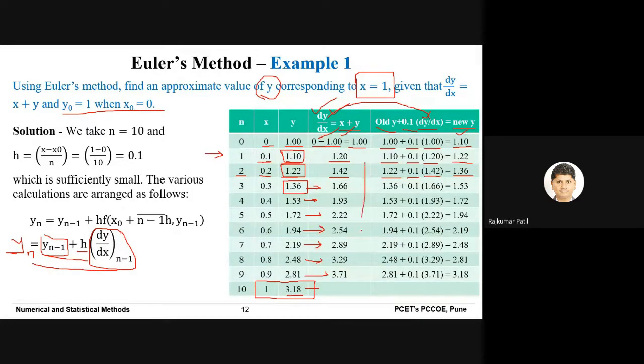So this is how you can prepare a table for every iteration. So there are 10 iterations, and at the end of the 10th iteration you will get the value of y as 3.18 when x is equal to 1.